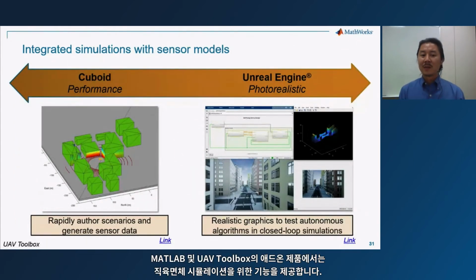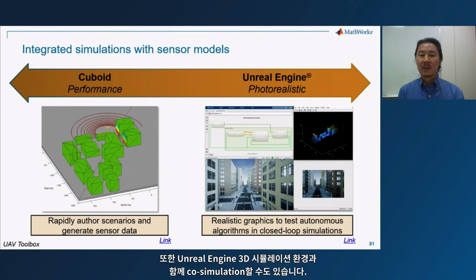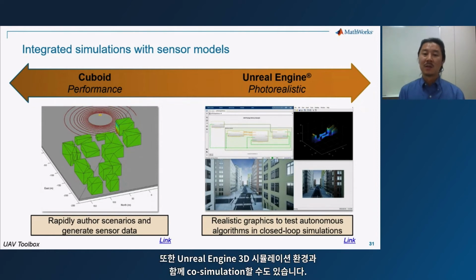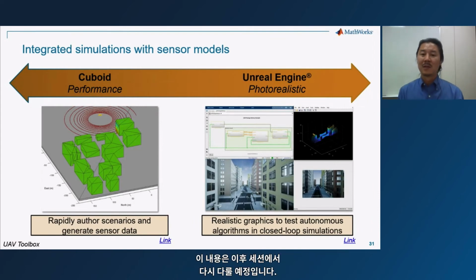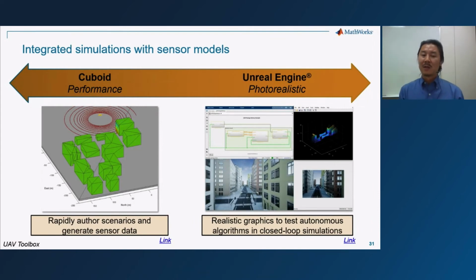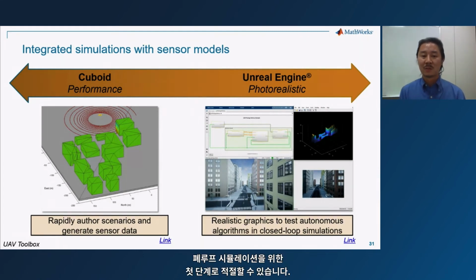So within MATLAB and the add-on product UAV Toolbox, we provide capabilities for cuboid simulation. And we could also co-simulate with the Unreal Engine 3D simulation environment as well. This will again be covered in a later session, but cuboid simulation could be a good first step for closed loop simulation with sensor models.